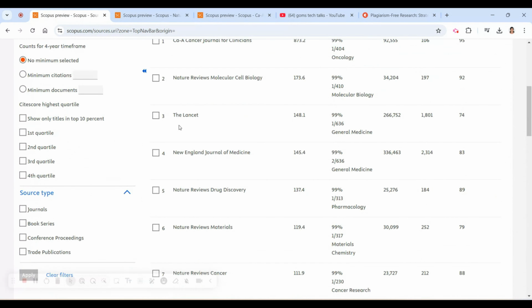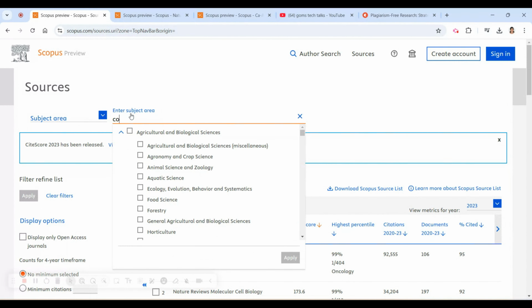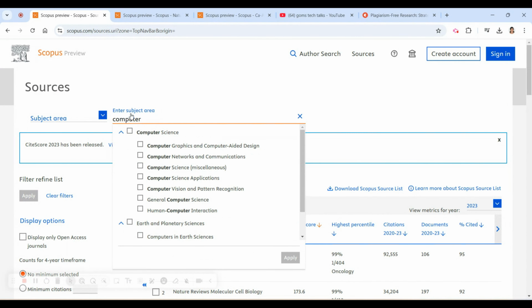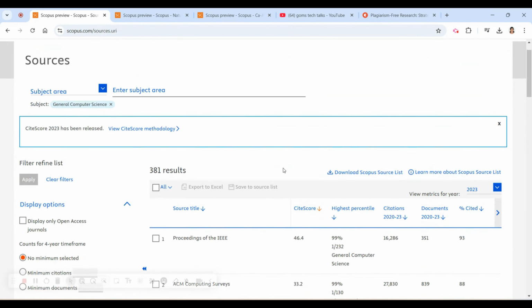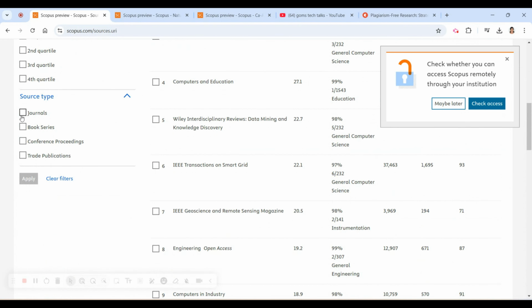Likewise, you can find whichever journal you are searching for. I got a lot of requests from many researchers. I'll just search a few subjects here. Other than that, I'll be releasing it one by one, either this week. So stay tuned. Here many requested computer science. I'm just going with the journals.